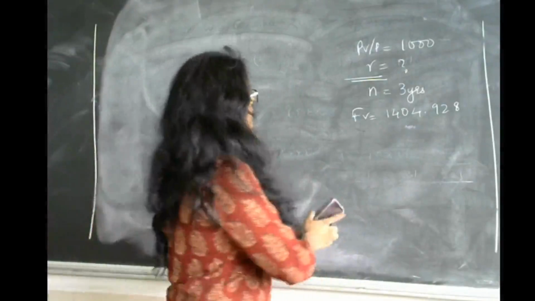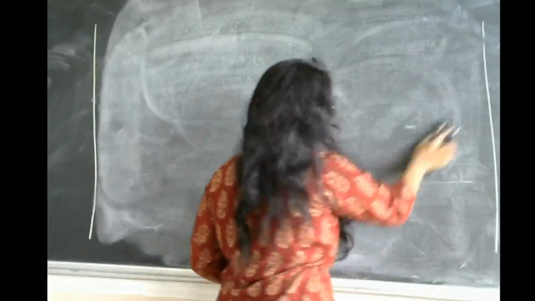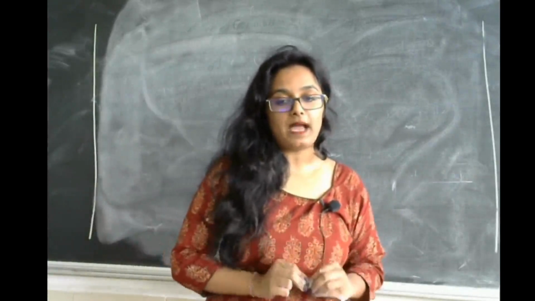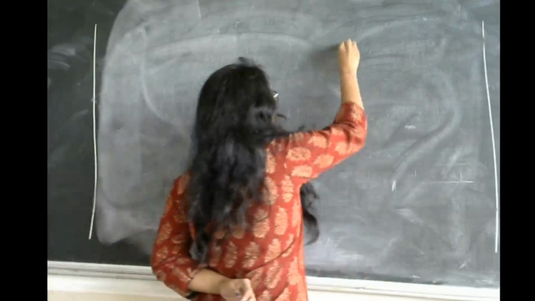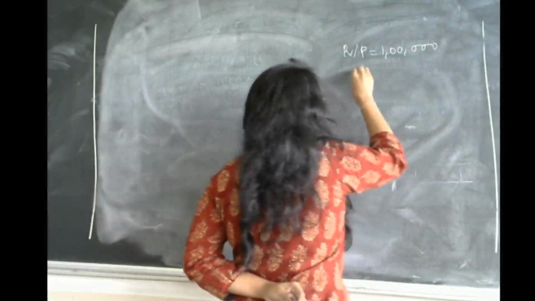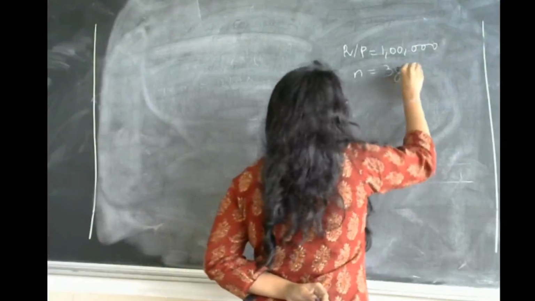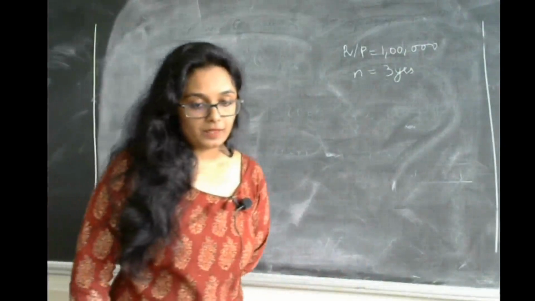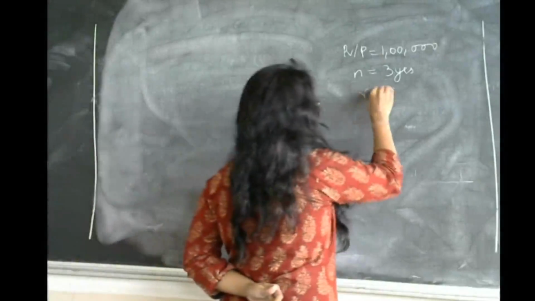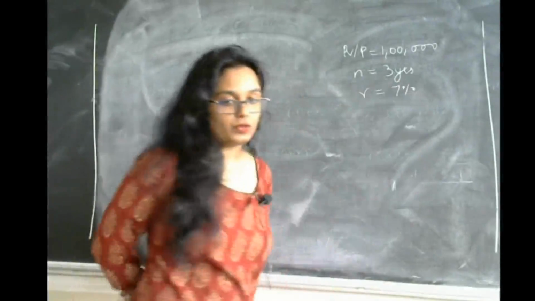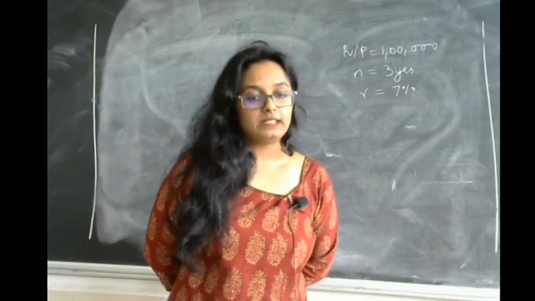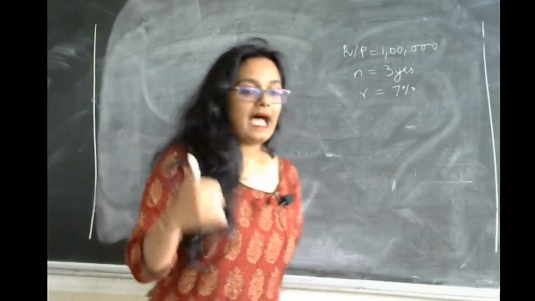Okay, so what is given over there? Let us see the particulars. Sania deposited 1 lakh in a nationalized bank for 3 years. So we have the principal amount or the present value, which is nothing but 1 lakh. For 3 years she deposited the amount. And the rate of interest is 7%. Calculate the interest the bank has to pay to Sania after 3 years if the interest is calculated annually,